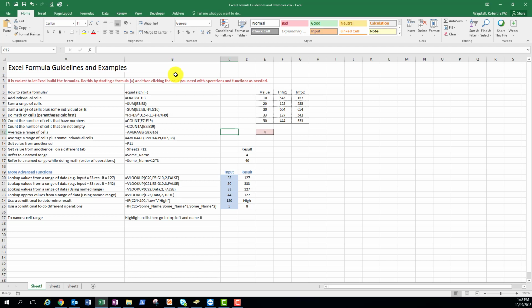Average is just another function. If you want to create an average of something, you just highlight the range. It'll automatically do an average of it and come up with some number. And again, you can use commas and add multiple things together in different ranges by selecting them with a mouse